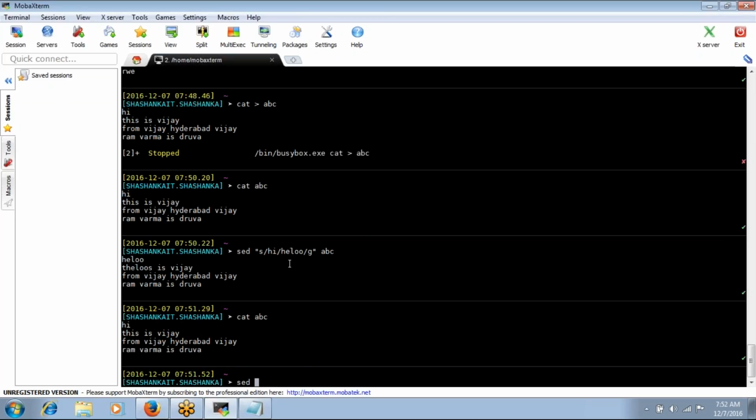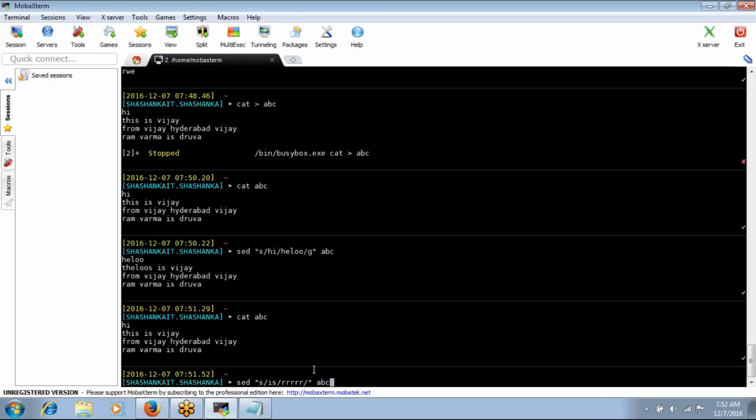Let's say I have given the sed command: wherever I have is, make it RR. If I didn't mention g, what does it mean? Here we have is, is, is. I am saying replace is with this pattern in the abc file. Here, g is nothing but globally. In the entire file, whenever we have the pattern, just replace it.